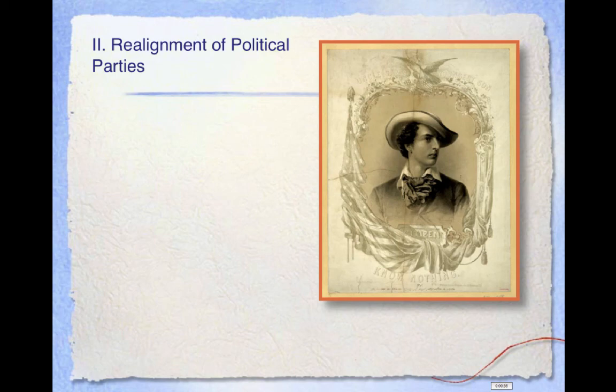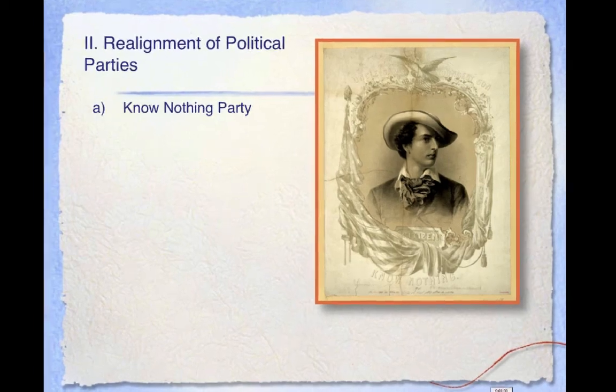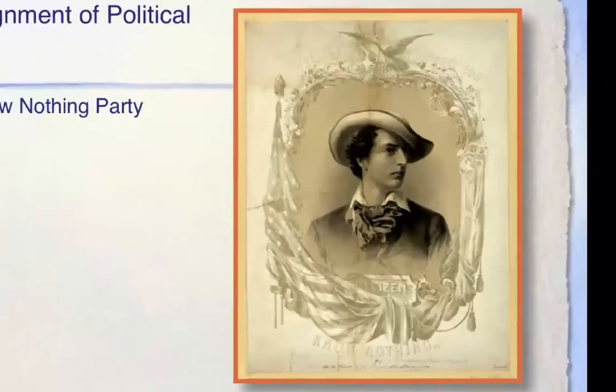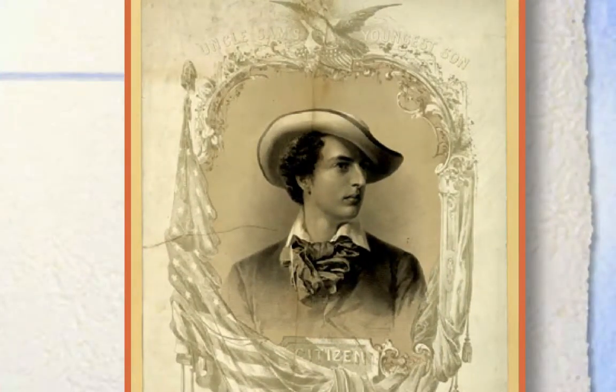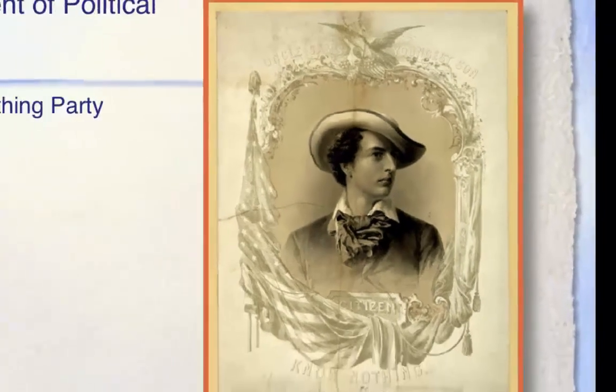One that had a strong following was known as the Know Nothing Party. It got its name because they were secretive. Often they were asked about their positions, and their response was that they knew nothing. Their actual name was the American Party. Their main goal was to stop immigration and protect what they considered to be the traditional American values. The image on the screen has a heading that reads Uncle Sam's Youngest Son, and is meant to depict what an American young man should look like.